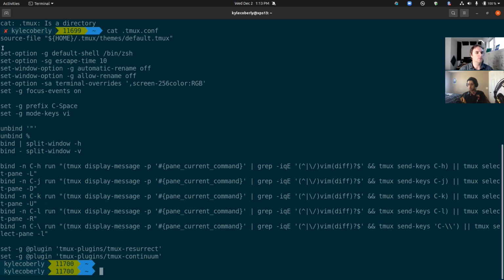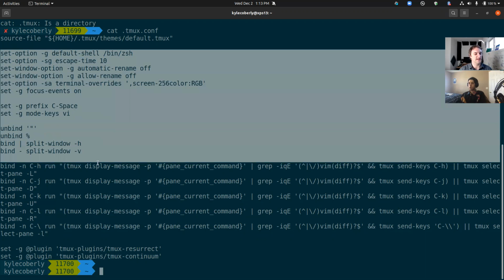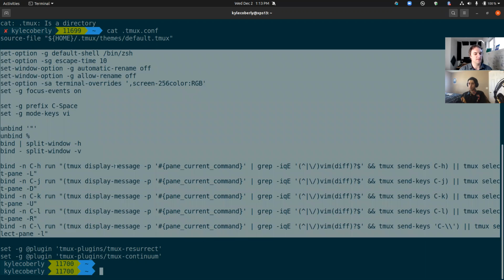There's a tmux files thing in here also. Okay, so just everything from this first set option down to here. Don't worry about the theme. Don't worry about the plugins. Okay, so get that in there, and then